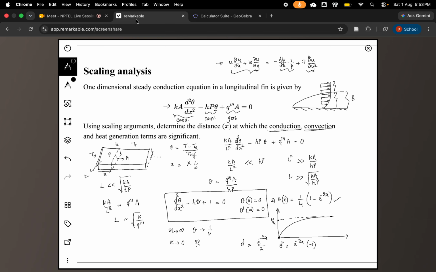I hope this is clear. Again, just to re-emphasize, when we have a differential equation which is complex enough to solve, what we do is understand the relative contribution of the terms, which changes from region to region. Then we can use a scaling analysis which says that in a certain region, some of the terms can be simplified,